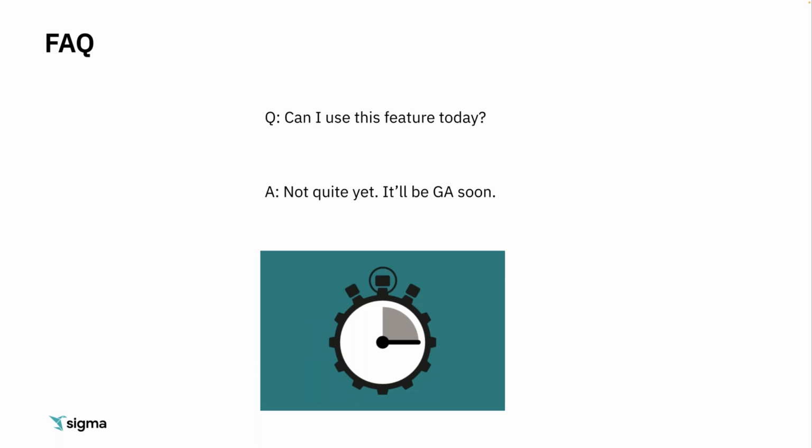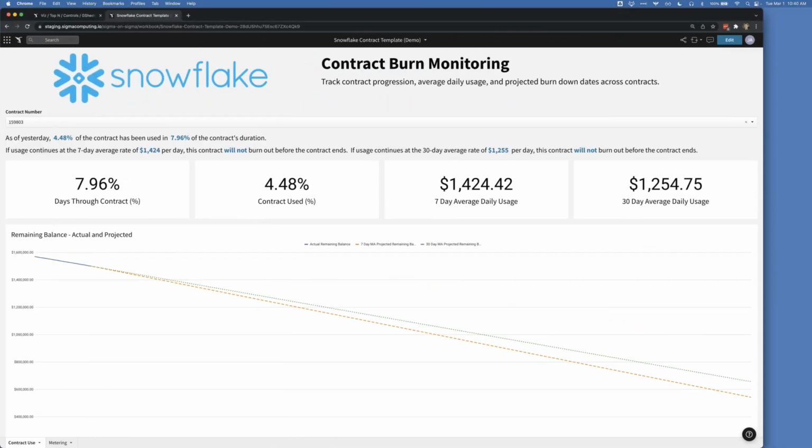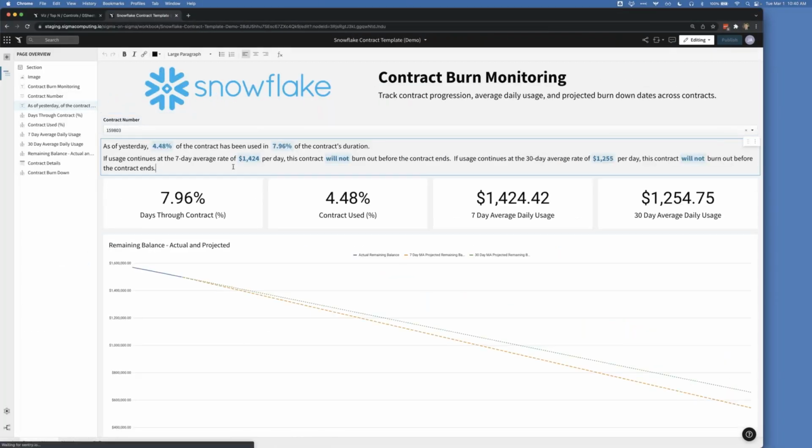Another quick question came in: how do I use the actual equal sign in a text box? That was one of my questions too when I first saw this, and I actually don't remember how to do it. I'll try to riff here on the fly. I can't remember. Now I don't remember. I know this is possible, but